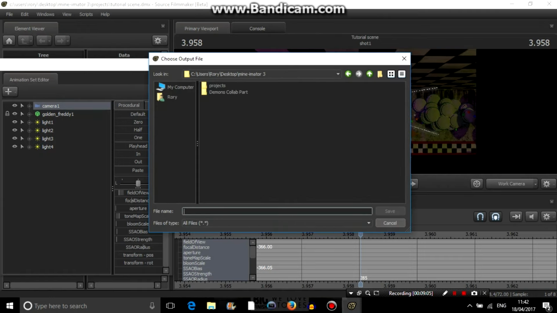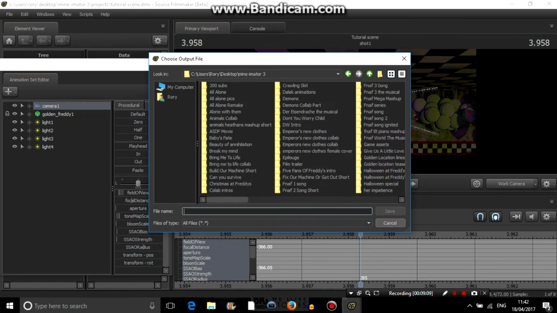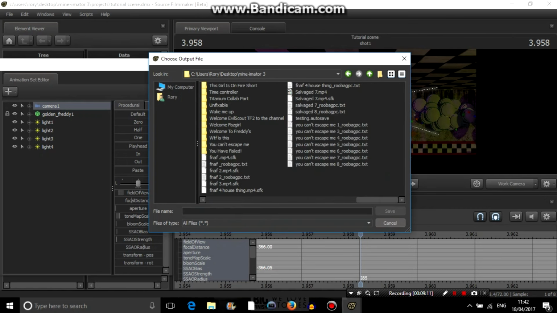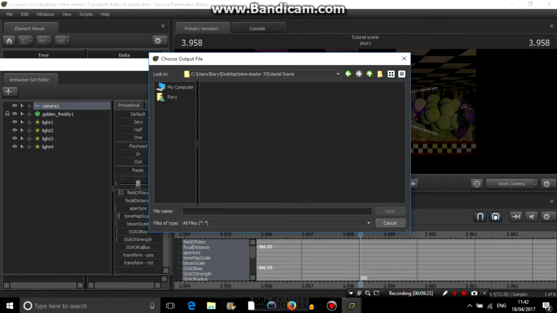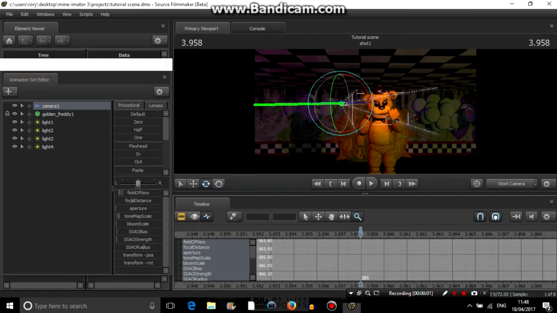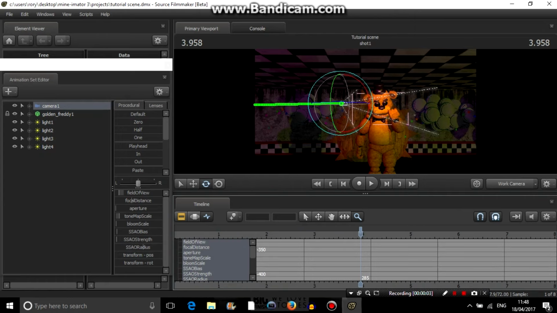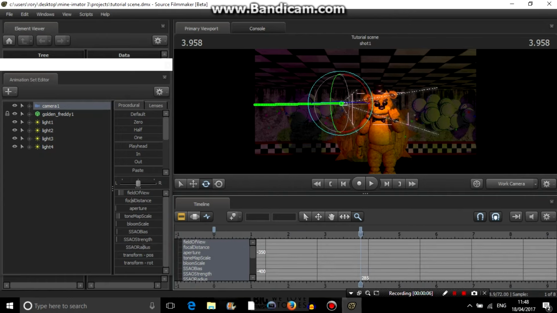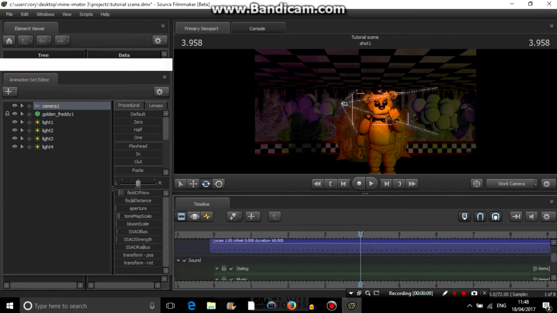Gonna want to find a folder to put it in. I've got all these folders of parts and stuff, so just go tutorial sin. No, why do I keep on putting an R there? Copy that, and I'm gonna call this tutorial sin 1, and then I'm going to quickly export that. Okay, so I just exported my scene here, and what I tend to do after that has exported is I get the audio, I drag it along here,